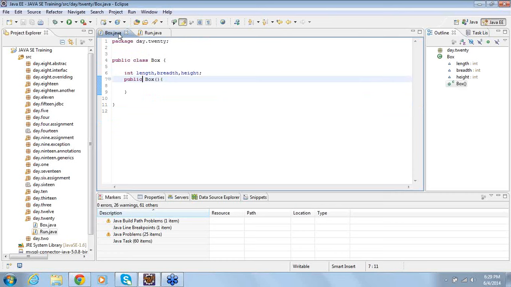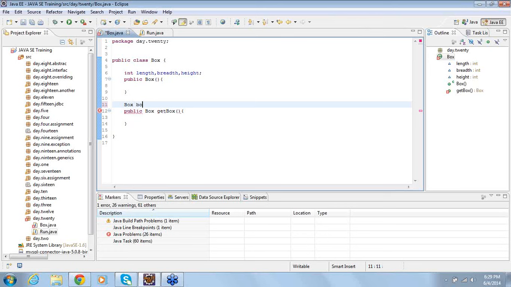Now there is a Singleton design pattern. This is what they do.